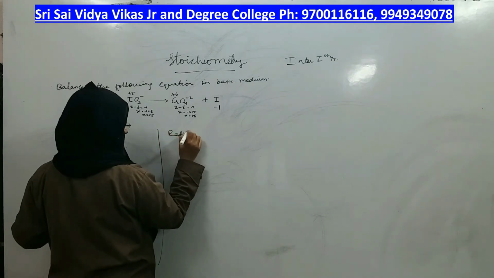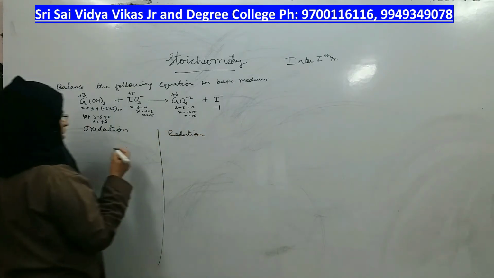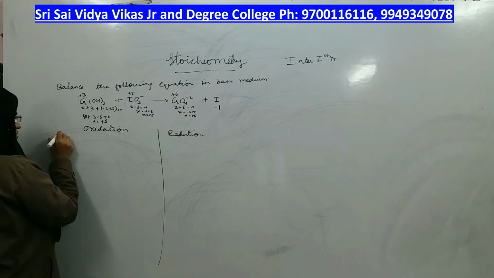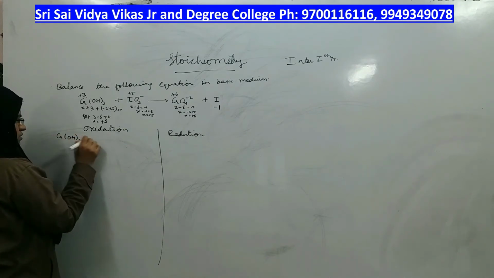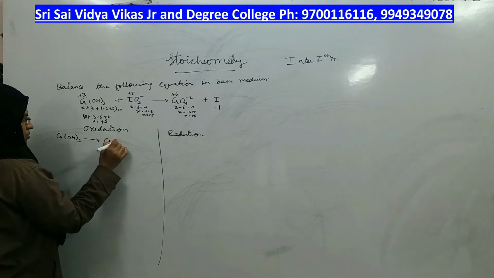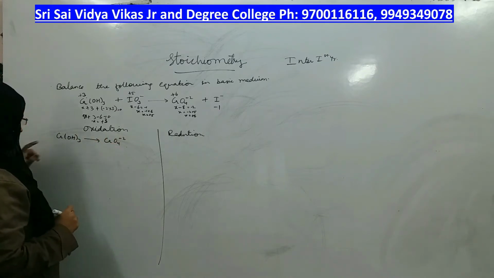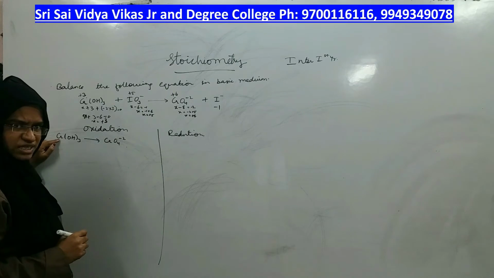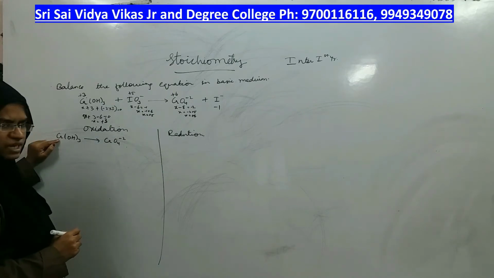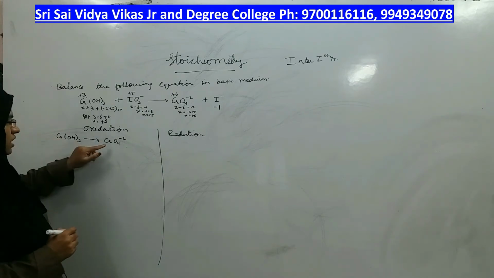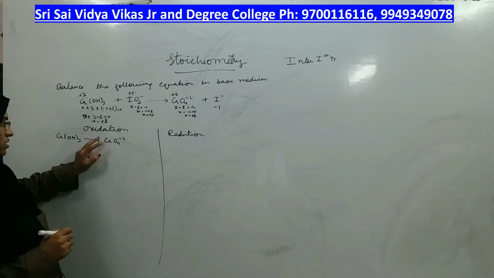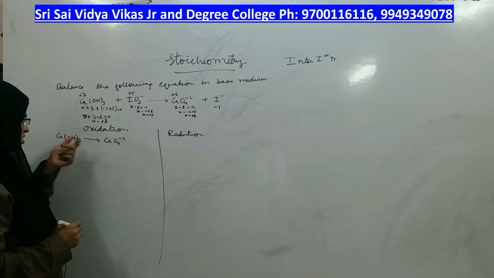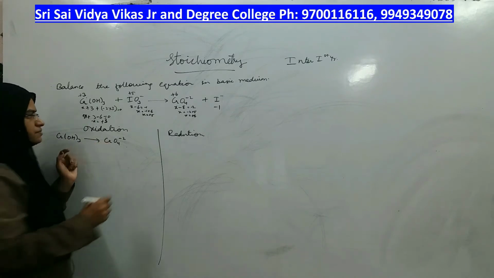And the other part definitely becomes reduction, right? So let us write. Giving chromate is oxidation. Why? Because here the oxidation state was plus 3, that means 3 electrons were less. Here it is plus 6, that means 6 electrons are less. Where is the shortage of electrons? Here. That means it lost 3 more electrons to give this.